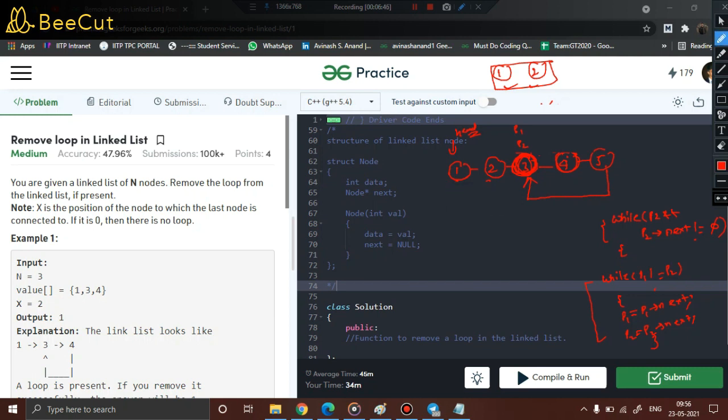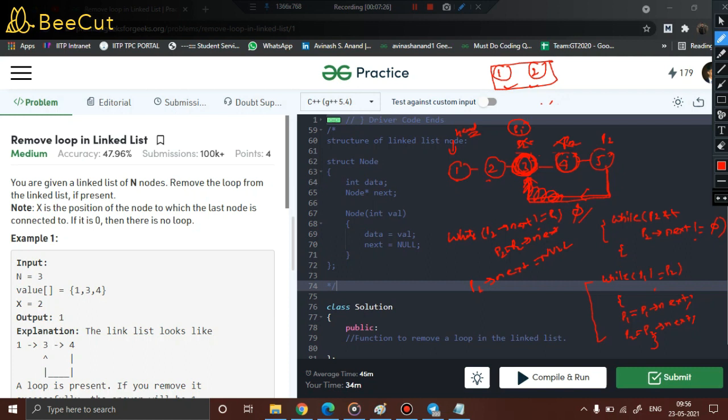So we will use a logic. What is the logic? We will move this P2 pointer while P2's next is not equal to P1. Let P1 be here only. Just move P2. P2's next is not equal to P1, so P2 equals P2 next, P2 takes one step. P2's next is not equal to P1, P2 comes here. Now P2's next is equal to P1, so it will not enter the loop. So we come out of the loop and make P2's next null. This pointer will not point to node 3 now, it will instead become null. And finally we have successfully removed the loop in the linked list.